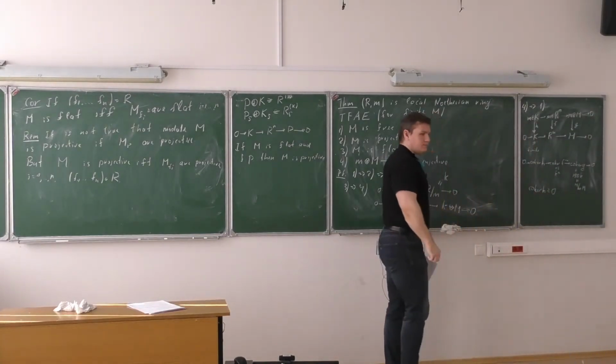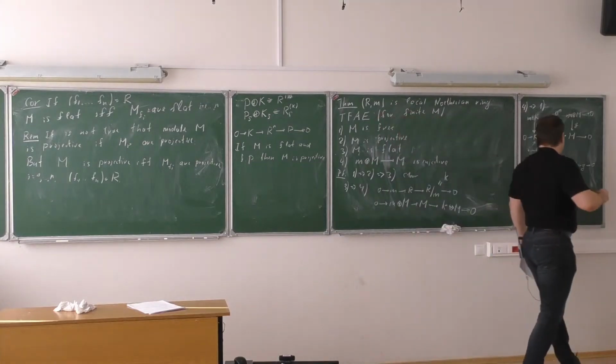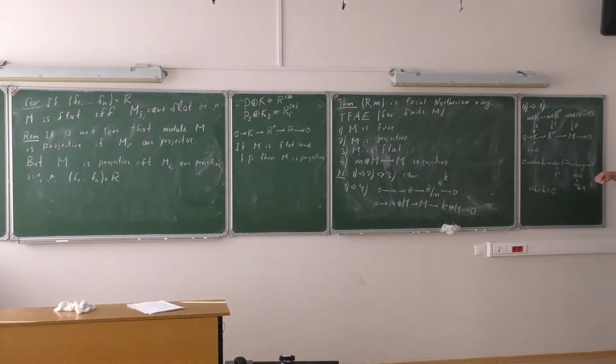Can you repeat, why is it an isomorphism? Well, this is an application of Nakayama's lemma. I take a module and take its tensor product with K, so that's a vector space. In this vector space, I can choose a basis. Then I can lift this basis to generators of the module M. So consider the submodule generated by these lifts, and apply Nakayama's lemma to show this is the same as the whole module.